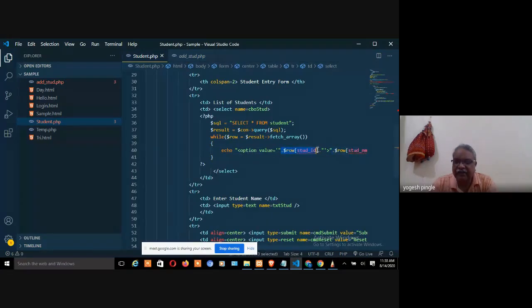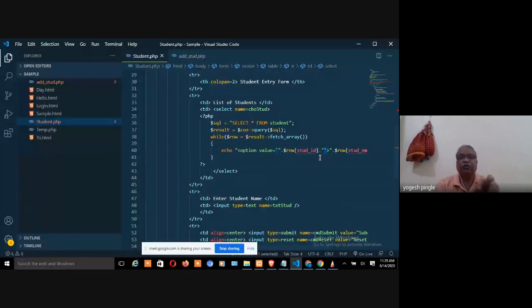The syntax is like this: dot dot. If you are not putting the dot, it will not print the value of the variable, but it will print the string as it is. So for this I have to put dot dot before and after, then double quotes before and after, and then single quote before and after. Why single quote? Because I will treat that value as a string value. If I don't put the single quote it will still work.